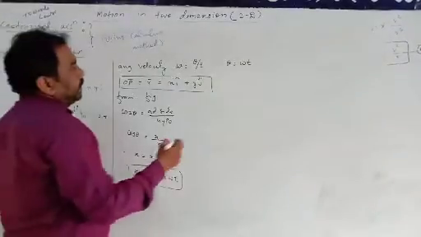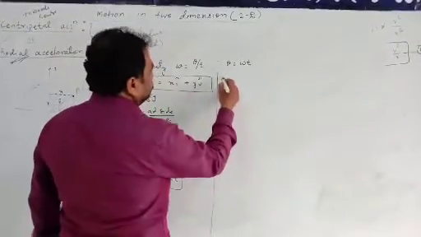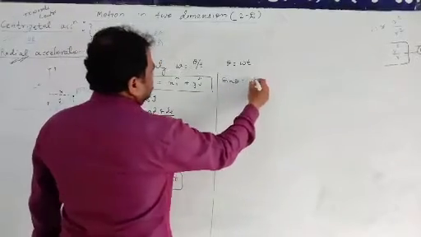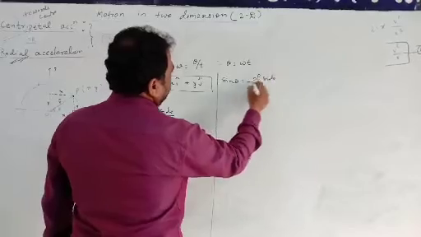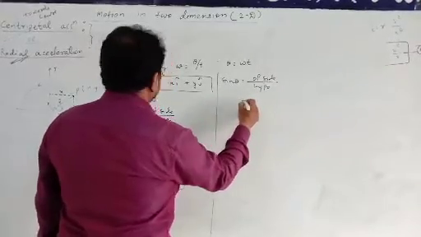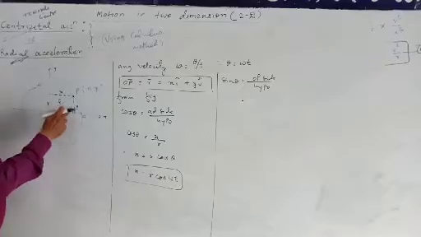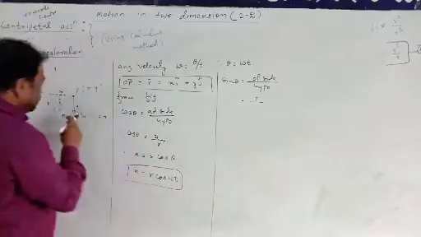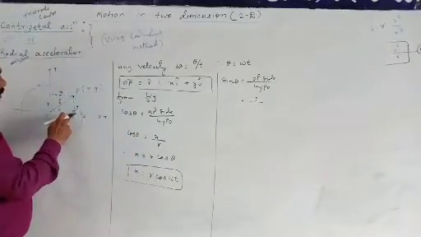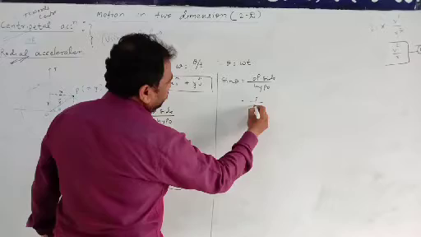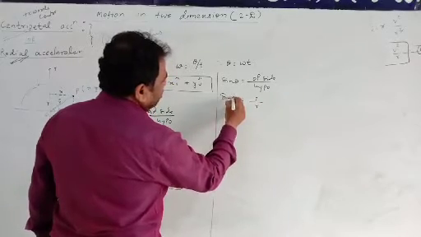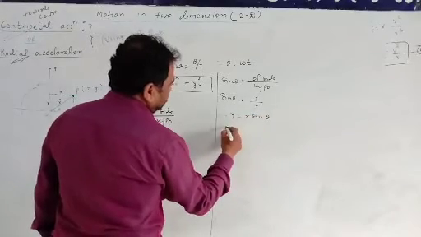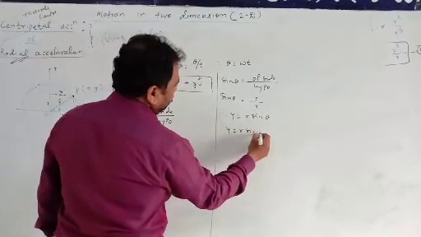Now similarly we can calculate the value of sine also. So from the figure, what is sin theta? That is opposite side upon hypotenuse. The opposite side is nothing but y, and the hypotenuse, opposite to the right angle, is OP. OP means what? R. So sin theta is equal to y by r. Therefore y is equal to r sin theta. And theta is omega t, so y is r sin omega t.